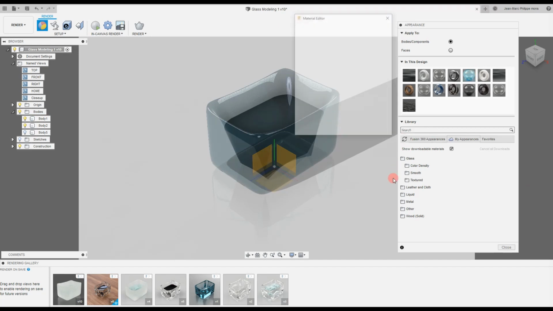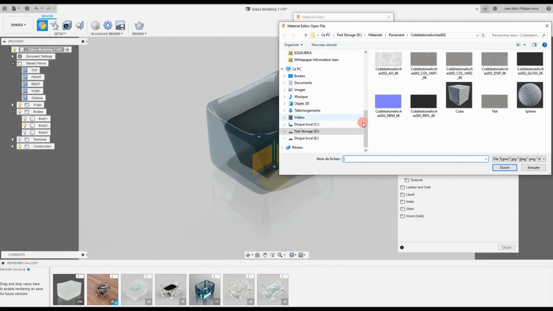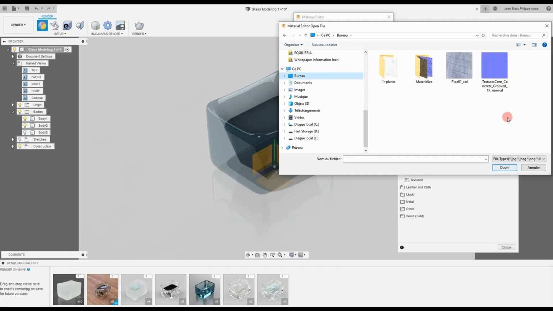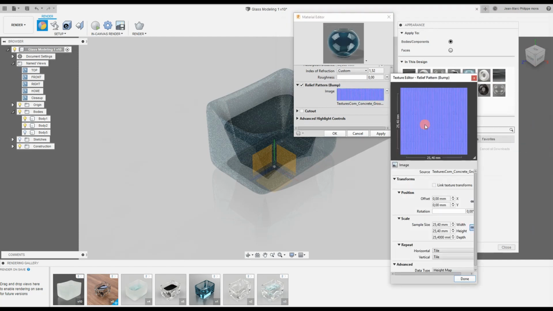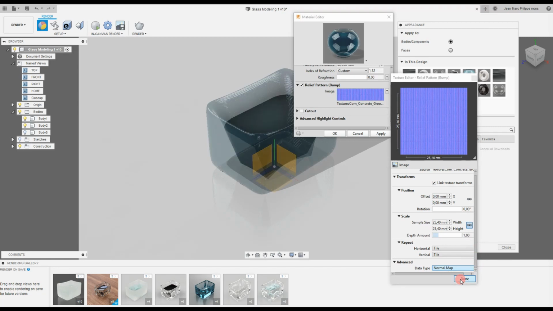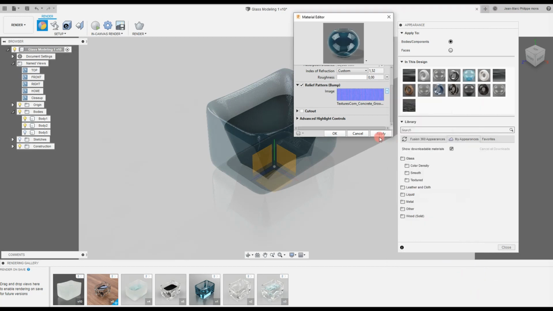So we go to Advanced. Relief pattern, the bump. I'm going to choose here on my desktop the texture I just downloaded, which is a normal map, that purplish picture. I'm going to edit the image, check that the pattern looks the way I like it, link the texture. This is a normal map. It's important to say that it's a normal map so the software knows how to treat the light that's going to be refracted. I click done, I click apply,